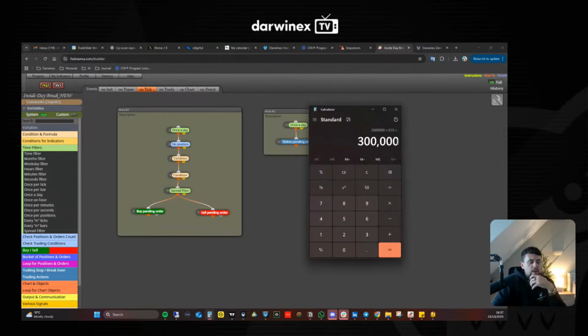Which is why I'm always like, if you know how to trade and you're profitable and you're building your record, consider this, right? Because then if we divided that by, I say 2.9 million, let's just go 2 million. So effectively that would be 0.2 of that. So that'd be 60 grand if you was trading that on 2 million.